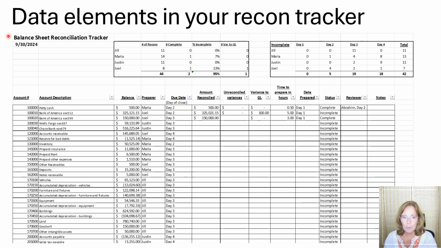At the very top, we have the name of the Excel document and the time period on row 2. I like to see the summaries of the reconciliation data at the top rather than the side or the bottom of the document, but where you place the summaries is up to you.